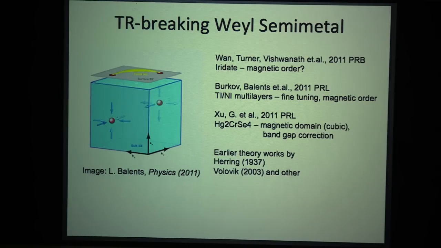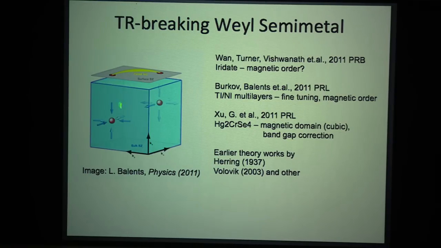So what I'm trying to get to is that that is a way to get to Weyl. There are a number of proposals for how to get to that. Now I'm bringing in the concept of these Fermi arc states in connection to Weyl, not by breaking the crystal symmetry, but by breaking the time reversal. So this sort of idea,